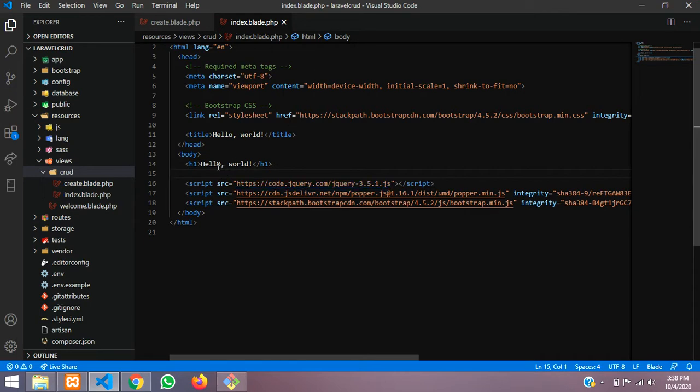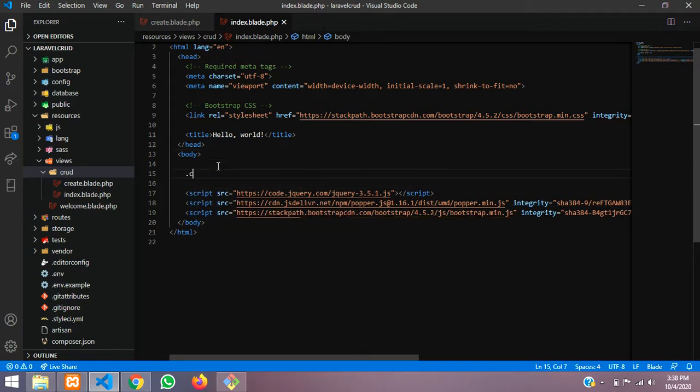So first step, we will change this. We are using Bootstrap over here, so we'll just design a simple template.